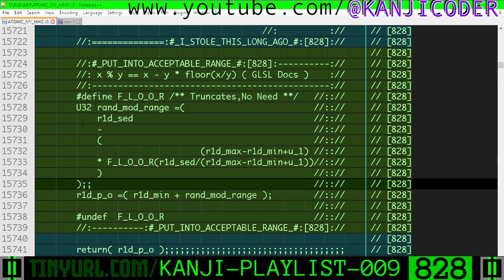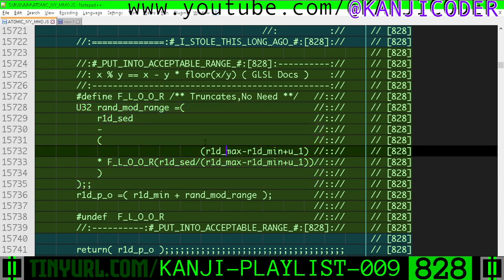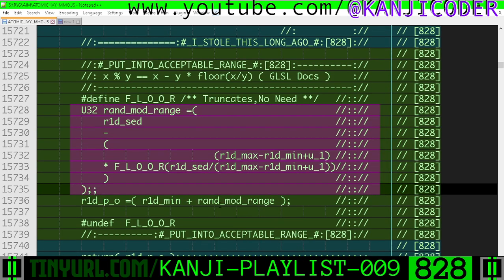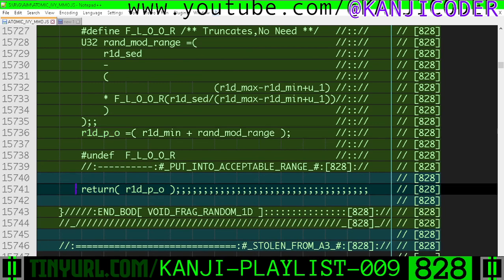So what we're going to do here is we are going to bottom out the range by subtracting the min value, right? We're going to subtract the min value from the min-max range, and then we're going to modulo it, and then we're going to take that zeroed out value, and we're going to tack it back on to the minimum to get an output that's going to be within the minimum and maximum we desire, inclusive, and we're going to spit it out right here.